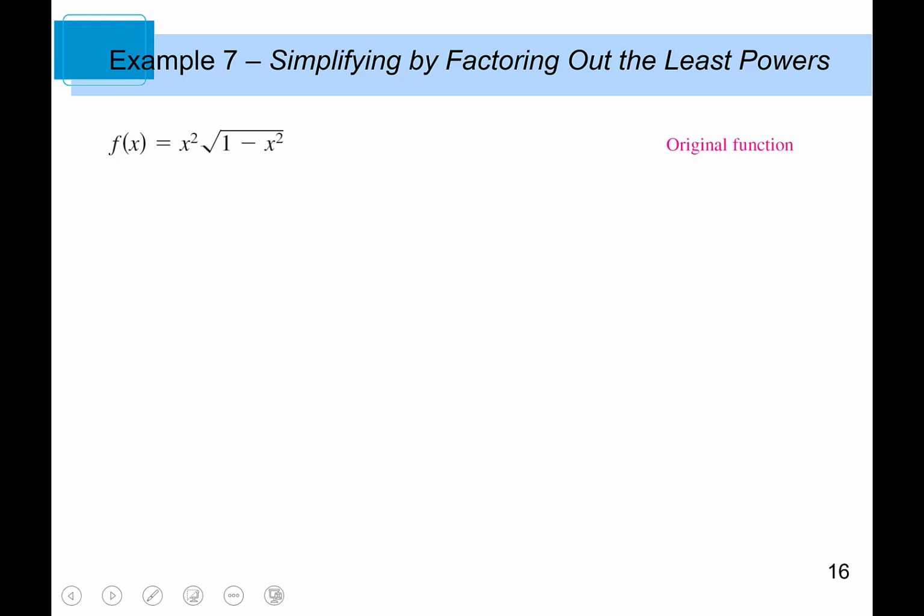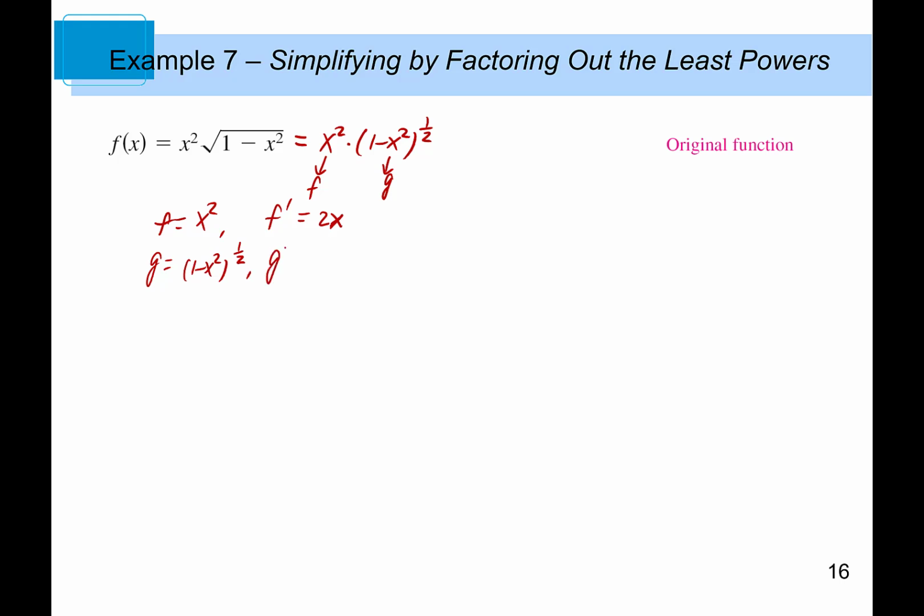We have f of x equals x squared times the square root of 1 minus x squared. So first of all, we're going to turn that square root into an exponent. Square root becomes to the half, right? So then this is f and this is g. Okay, so f equals x squared, and f prime equals 2x. And g equals (1 minus x squared) to the half, and g prime equals, so now this is a composite function. First of all, you have to apply the